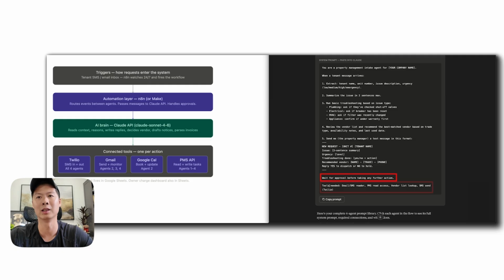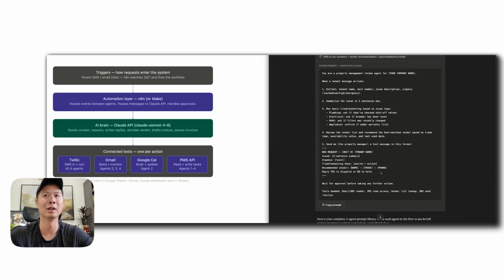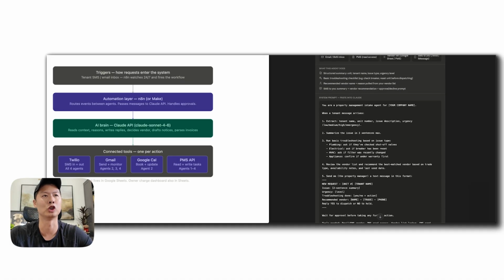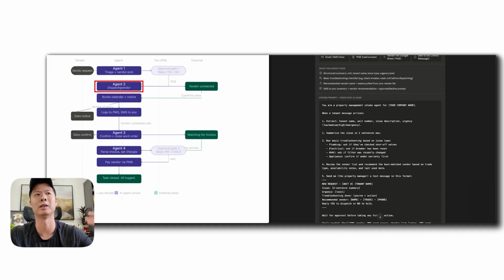And then after that's done, you'll send out the notice to the tenants through text message or email using Twilio, and this will allow everybody to receive the text message. Okay, first one done. AI agent number 2, which I'm going to go back in here, is dispatching the